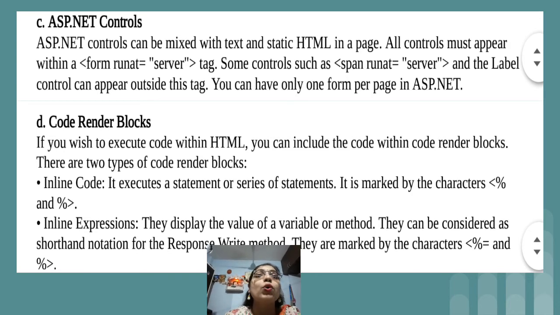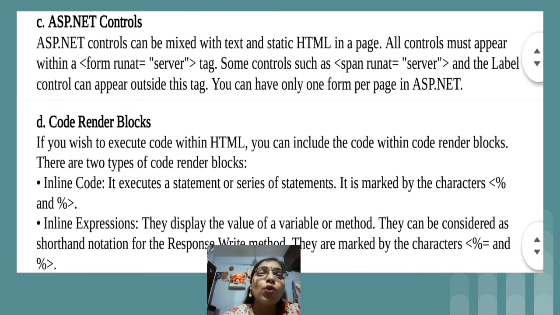Next part is the code render block. The code render block is basically again a coding block only, but directly within the HTML file we will start writing the code along with the variable declaration and all. Previously what we have seen, we are having the coding part in the script tag, and the interface is present in the form tag. But suppose you are having some program which you want to execute directly inside the HTML file, inside the HTML tag, so that is nothing but the code render block.